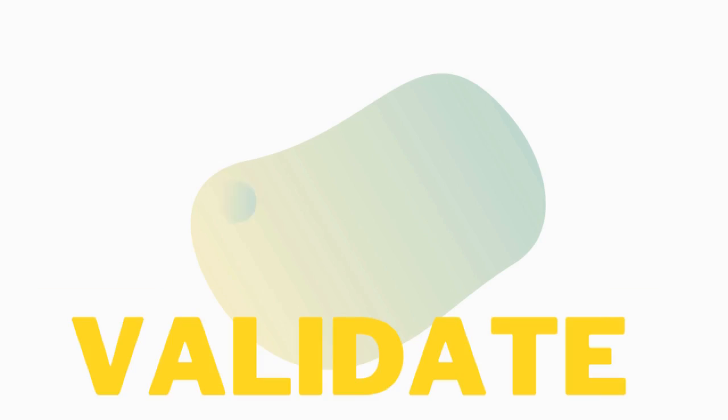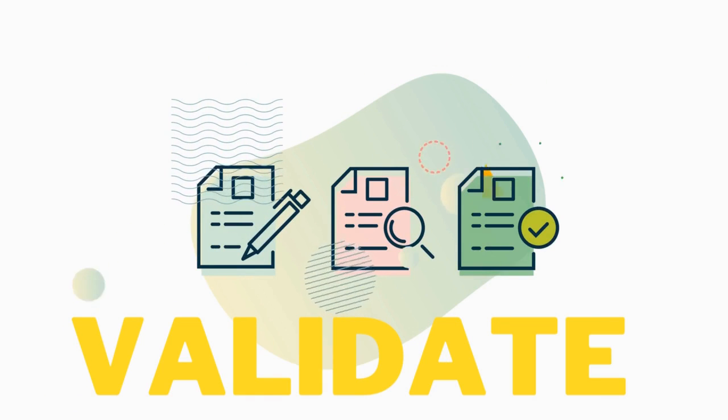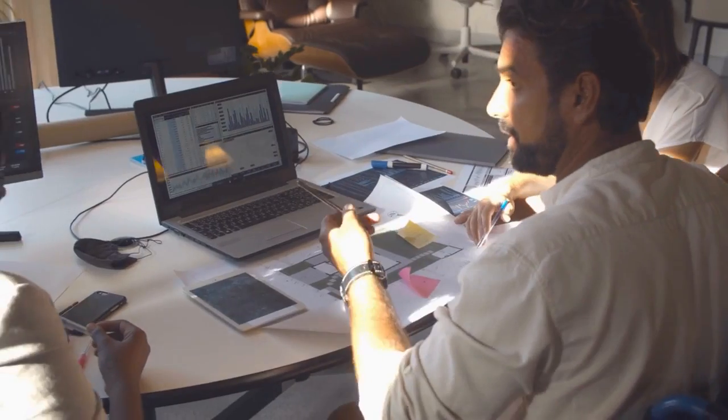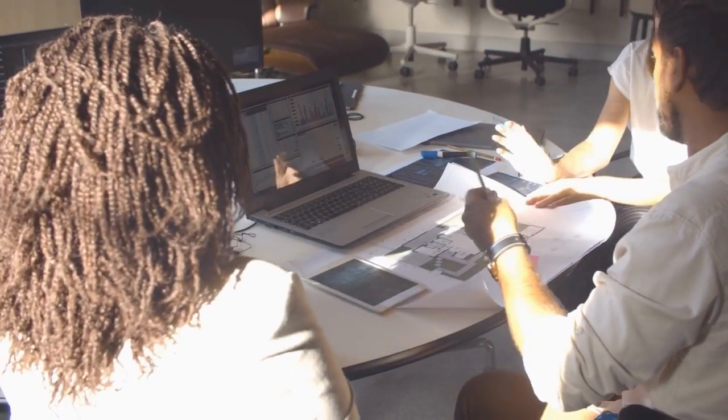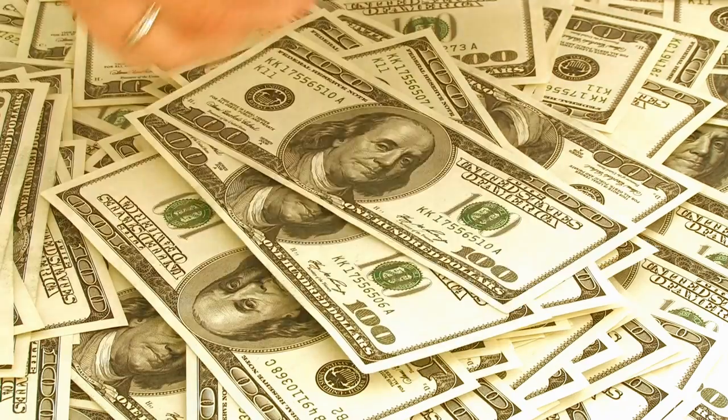So when you're starting off with your business and you've come up with your idea, the first thing that you have to do before you invest so much money and time is to validate your idea. So you have to make sure that somebody is going to be interested in what you want to sell. Validating your business idea is one of the things that you have to really, really do for your business before you go any further, before you invest so much money in your business.